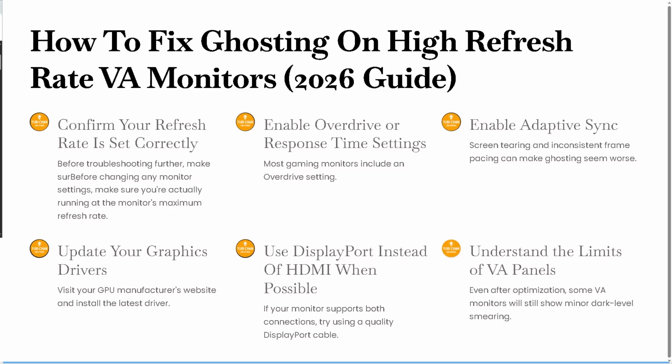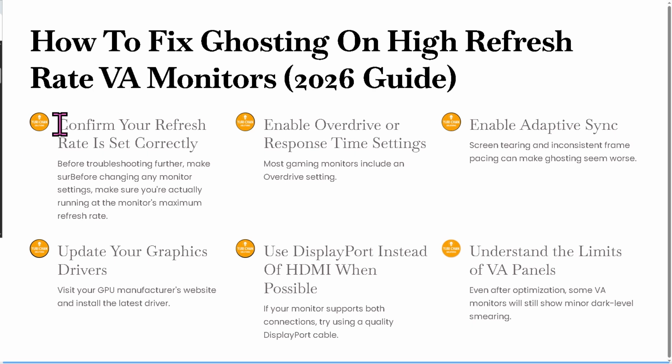In today's video, we are going to show you how to fix ghosting on high refresh rate VA monitors. The good news is that there are several settings and adjustments that can significantly reduce ghosting and improve motion clarity. Ghosting happens when pixels cannot change colors fast enough before the next frame appears. The issue is most common on VA panels because dark pixel transitions are generally slower than on IPS or TN